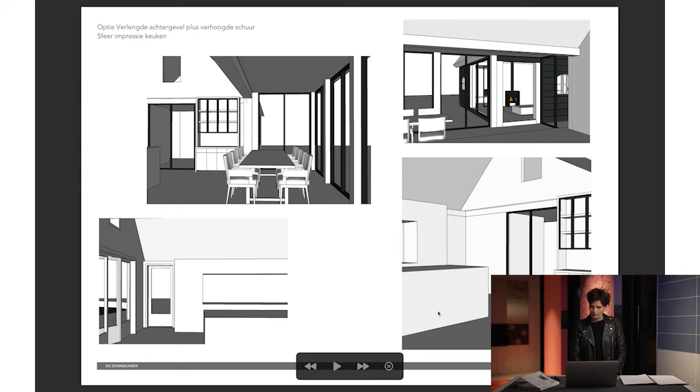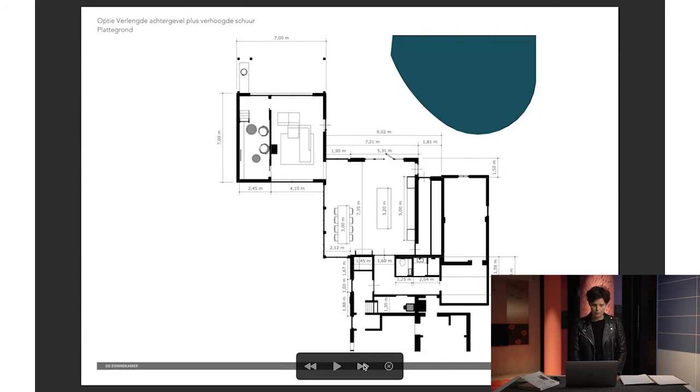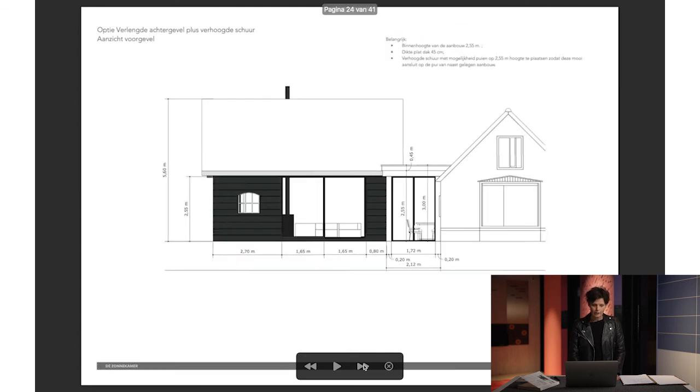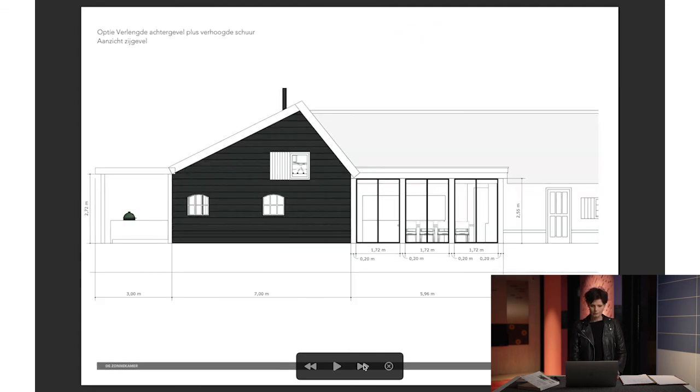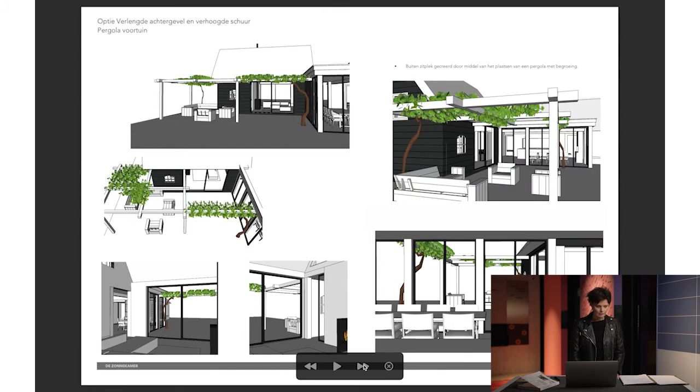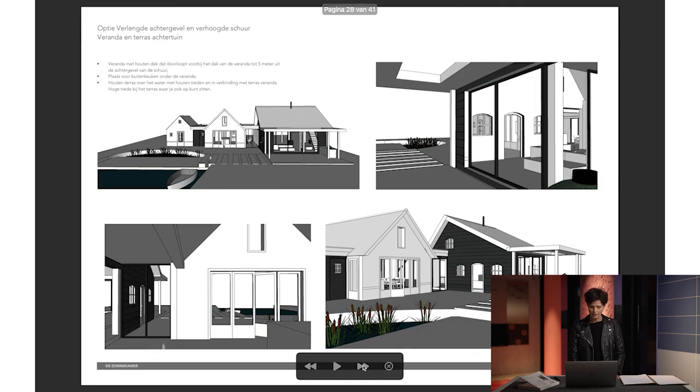Here are some views, visuals that I put into my presentation. But what is also nice when you are doing a project like this for interior and exterior is that you want to show how these buildings are connected. Often it is also with a garden and all the lines and designs of what happens just outside the building. For example, you can see it here with the pergola, and that's very nice about SketchUp, that all this vegetation is available, so you can use it and make a nice whole of the inside and outside of the projects. So for example here there is a nice floating terrace with plants in water,